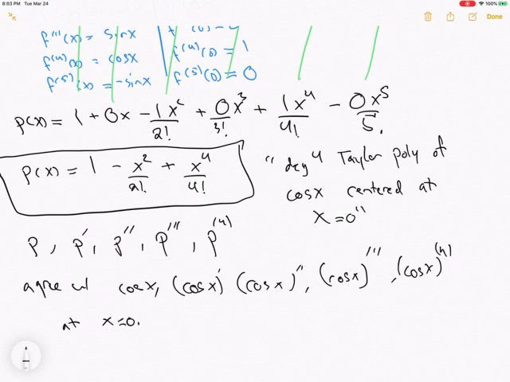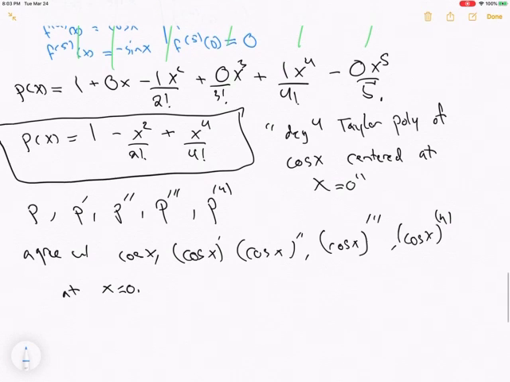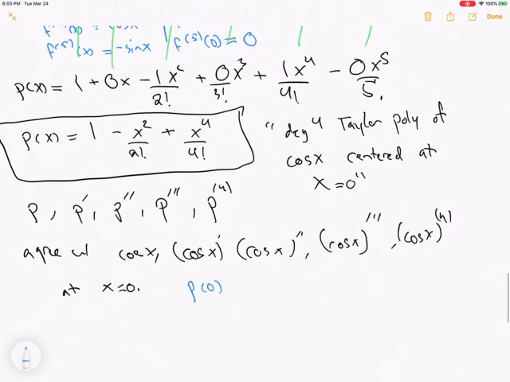You can just check. So for example, if you plug in p of 0, you can just see what happens. So p of 0 is 1,